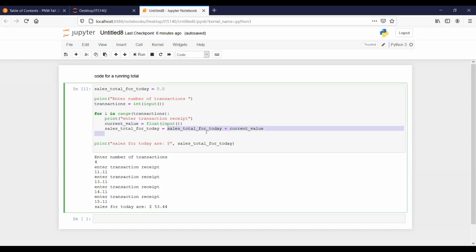So sales for today is initially 0, right? And current value in the first iteration is going to get a value. So it's going to be 0 plus 1111, giving you sales for today 1111. In the second iteration, sales for today is now the previous value 1111. You read the new value, which was 1311, and you take 1111 plus 1311, add those two, and put them in sales for today. And that gets stored because it's out here. So now it's going to be, whatever that is,